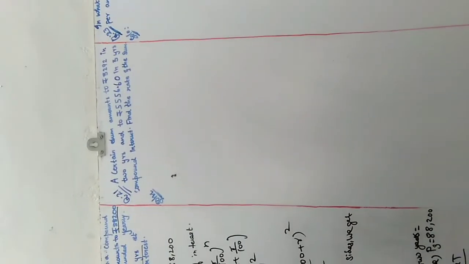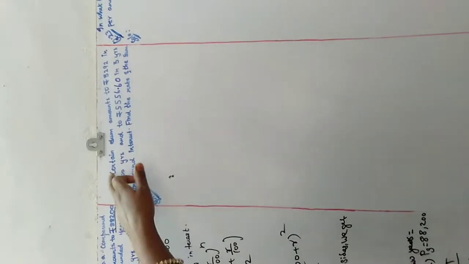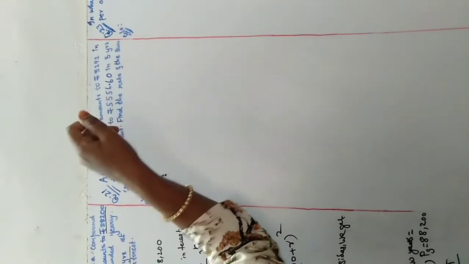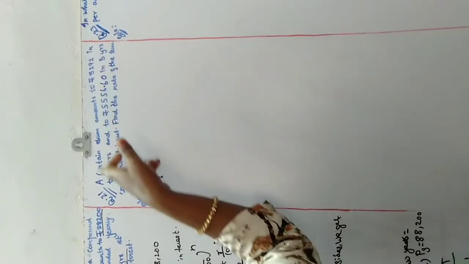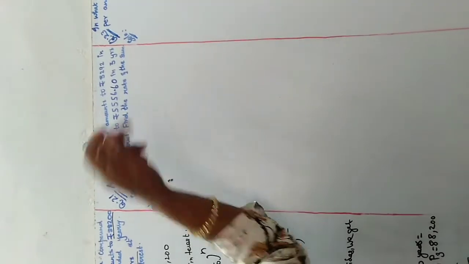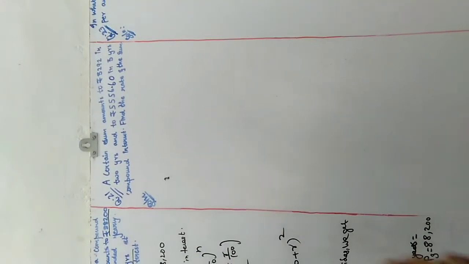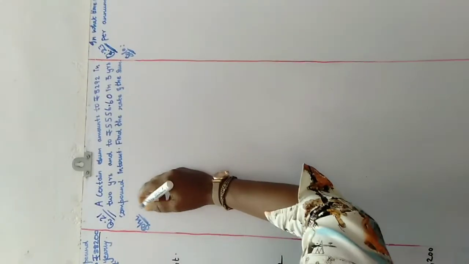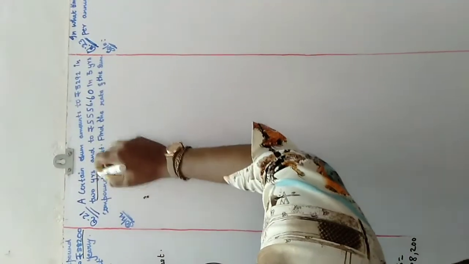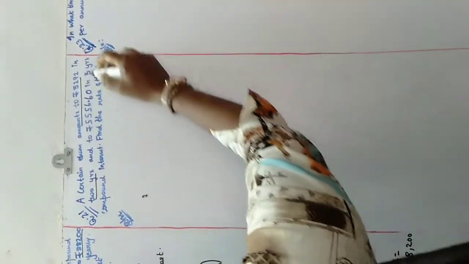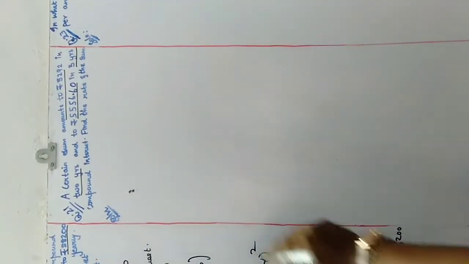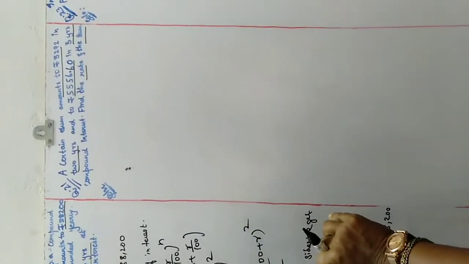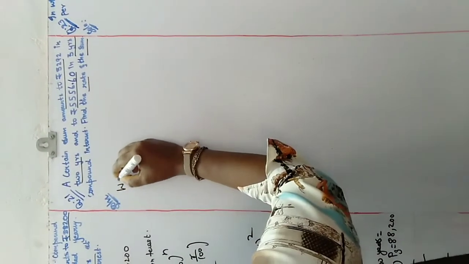Okay, so according to this question, a certain sum amounts to this in 2 years, and this in 3 years, right? The second year amount will be the principal of the third year, we know very well, right? Amount after 2 years will be the principal of the third year. In 2 years, this is the amount, and in 3 years, this is the amount. We want to find the rate as well as the principal. So according to this question, what we are going to do here is, we know that